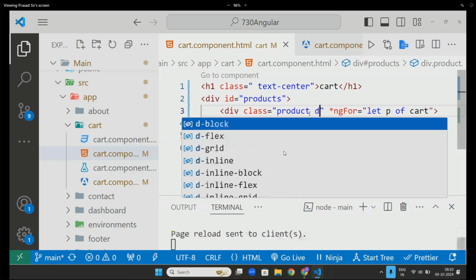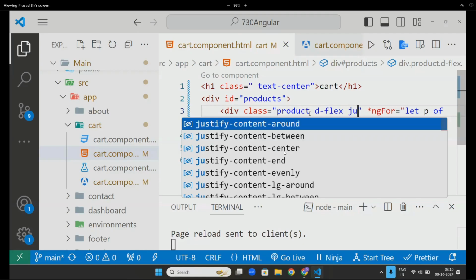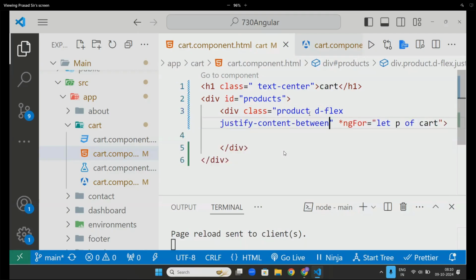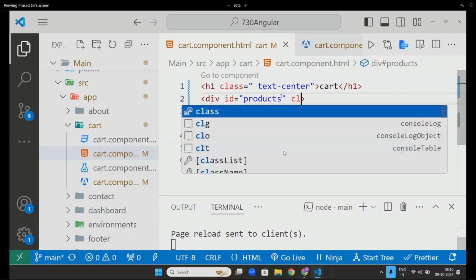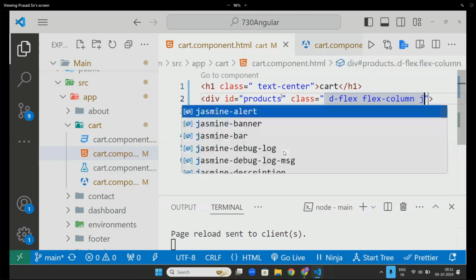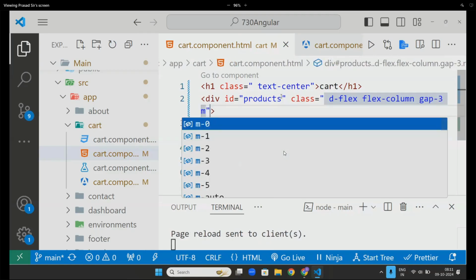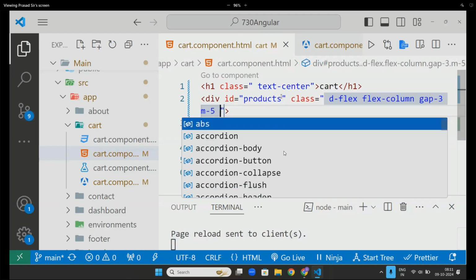I will say d-flex flex-row justify-content-between. Okay. Now here, this whole thing, class d-flex, colon, gap-3. Okay. Margin 5, padding 5.